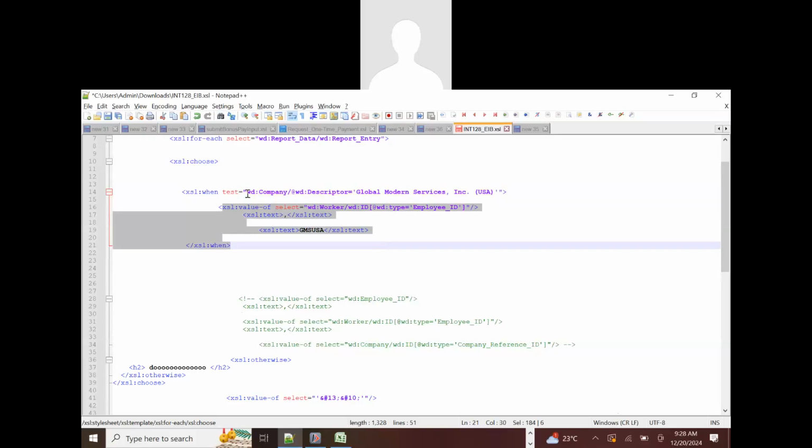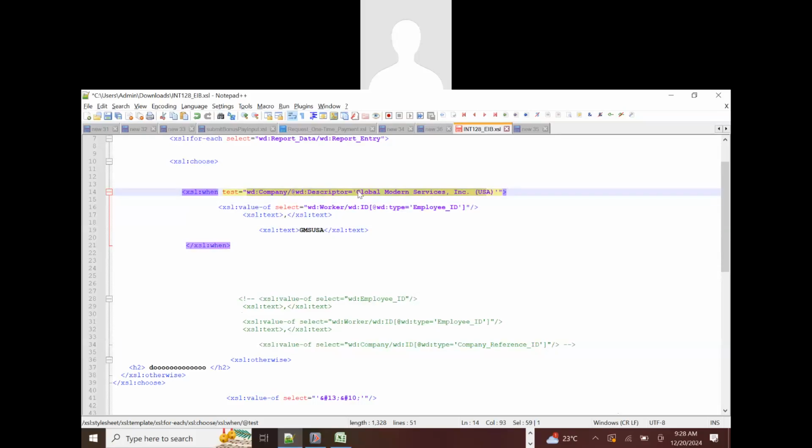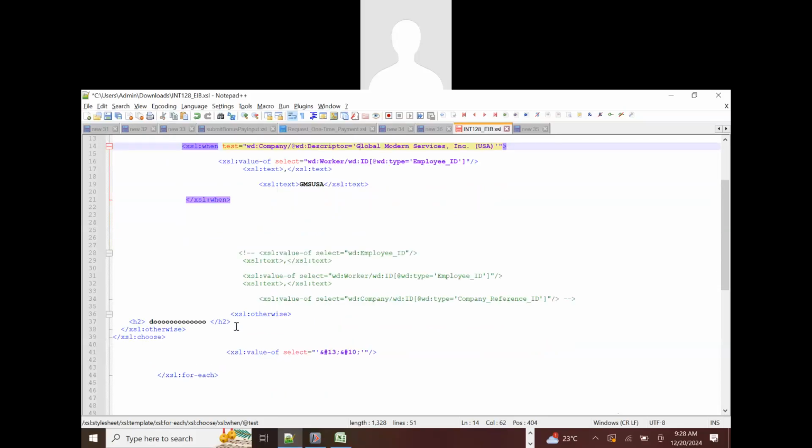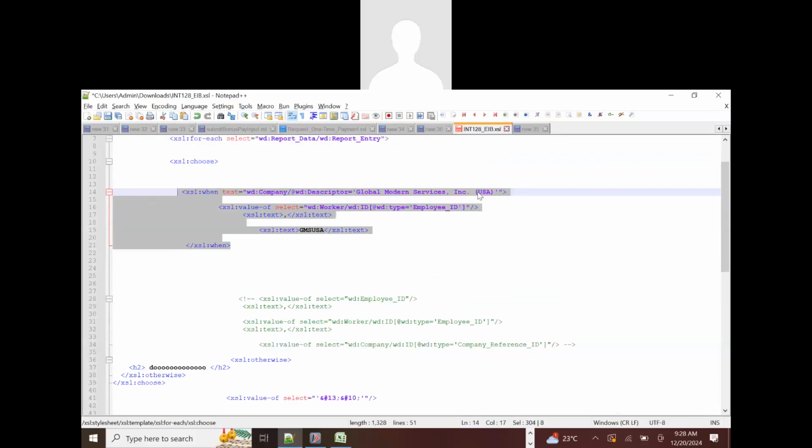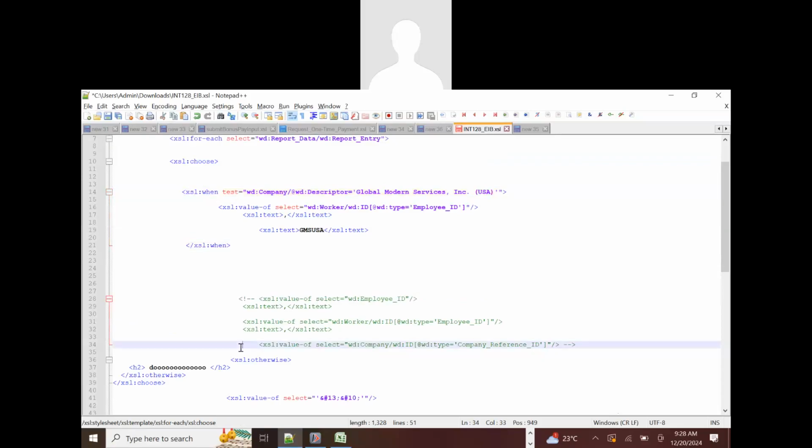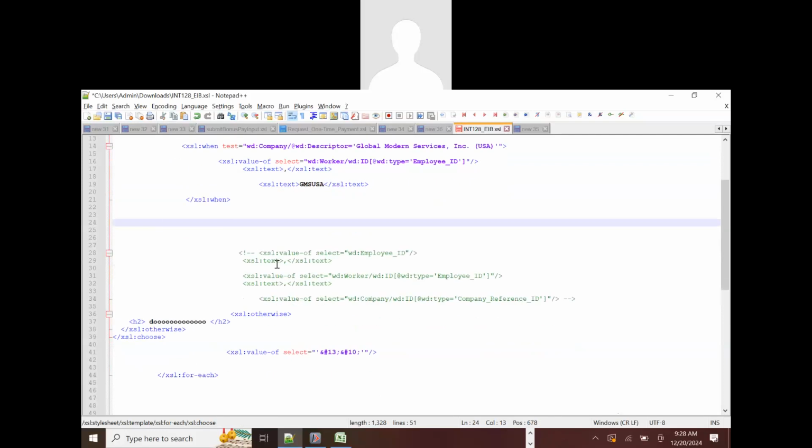Okay. If this condition is not satisfied, it means this employee does not belong to Global Model Services. In that case, what will happen? It will trigger the otherwise condition, guys. If we want, we can use one more when condition. If you want to check another condition such as Global Model Services UK, we can use one more when condition here, no problem. But we are going to check only two conditions, USA and non-USA. For the otherwise condition,